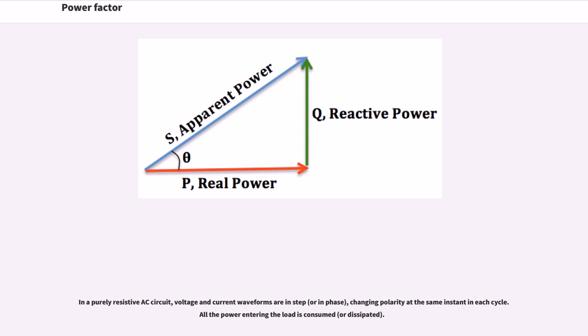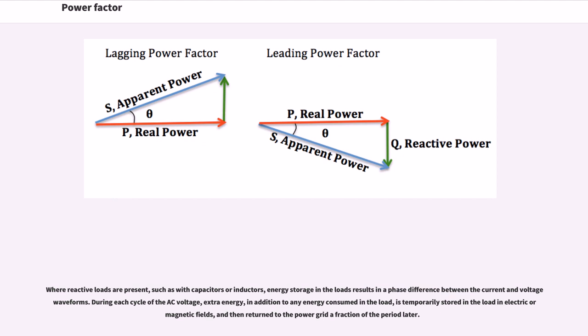In a purely resistive AC circuit, voltage and current waveforms are in step, changing polarity at the same instant in each cycle. All the power entering the load is consumed. Where reactive loads are present, such as with capacitors or inductors, energy storage in the loads results in a phase difference between the current and voltage waveforms. During each cycle of the AC voltage, extra energy, in addition to any energy consumed in the load, is temporarily stored in the load in electric or magnetic fields, and then returned to the power grid a fraction of the